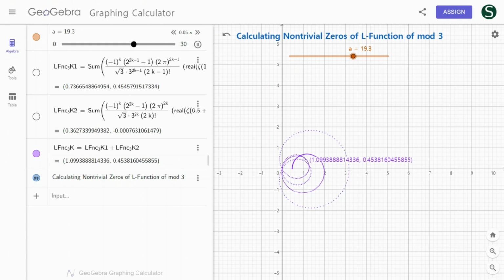Since the L function is the sum and difference of the subordinate zeta functions, the nontrivial zeros of the subordinate zeta function also exist on the critical line, and this can be called the universal Riemann hypothesis. If GeoGebra supports the gamma function of complex numbers, the nontrivial zeros of the subordinate zeta function can be shown with a graphing calculator, but the nontrivial zero of the L function can still be shown by inversion of the